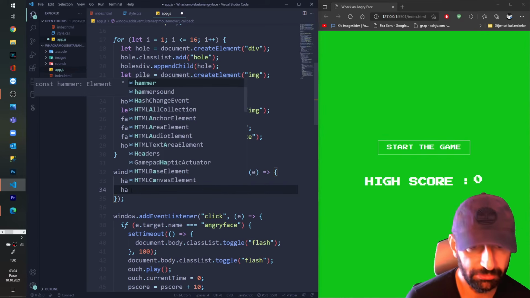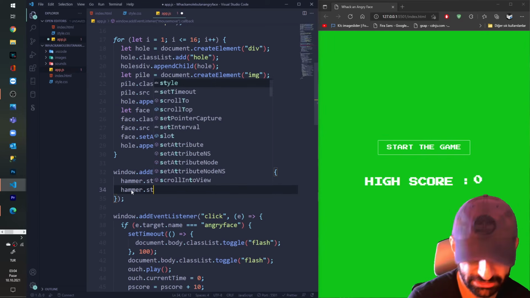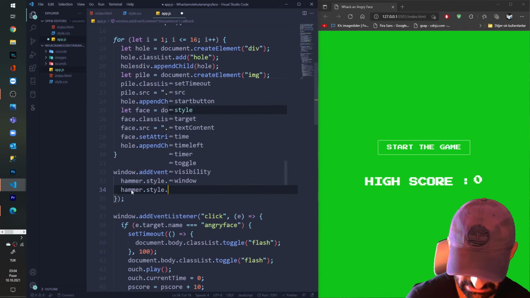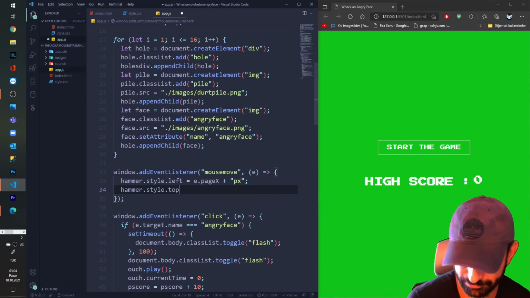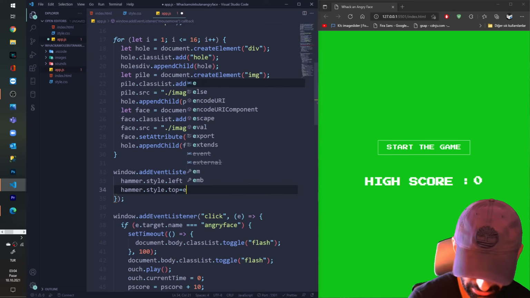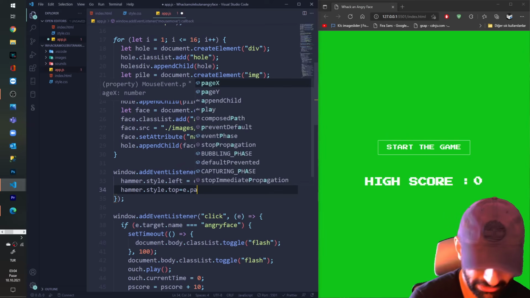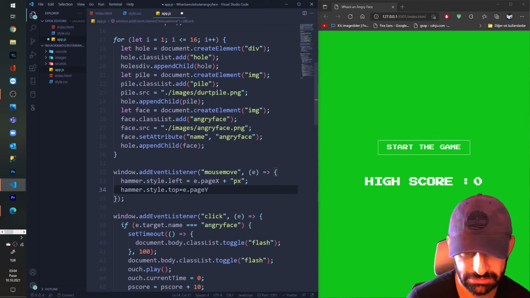And also I want to move it from the top: style.top equals to e.pageY plus pixels.